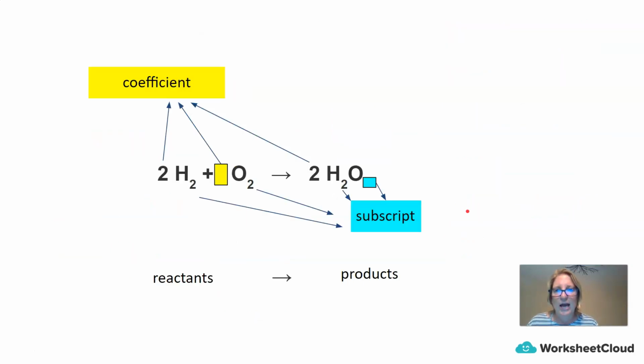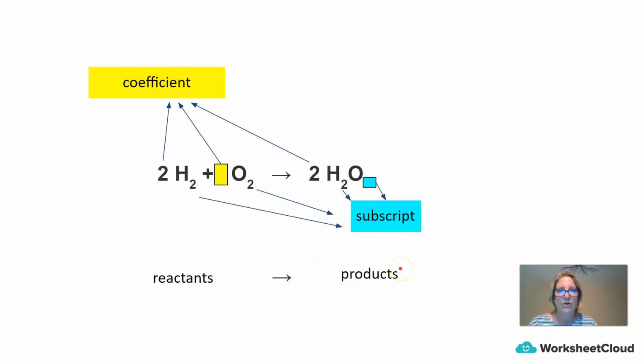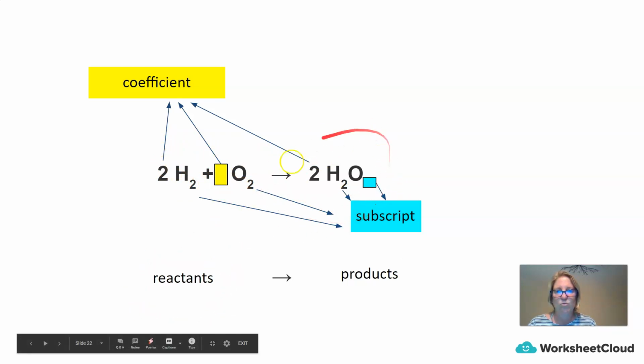Then when we have a look at chemical reactions, it is very important that we also remember how to balance a chemical reaction. So the first thing with a chemical reaction is this arrow represents that a reaction has happened. Everything to the left of the arrow is reactants. Everything to the right of the arrow is products. So in this example of hydrogen reacting with oxygen to form water, hydrogen and oxygen are the reactants and water